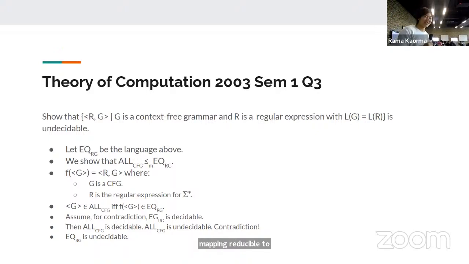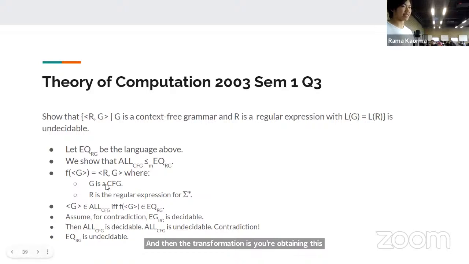So what is the mapping? CFG universality takes the grammar, right? The transformation is you're appending this R to it, and the grammar you're keeping the same. R is a regular expression for sigma Kleene star. So I guess the concern was how do we make the